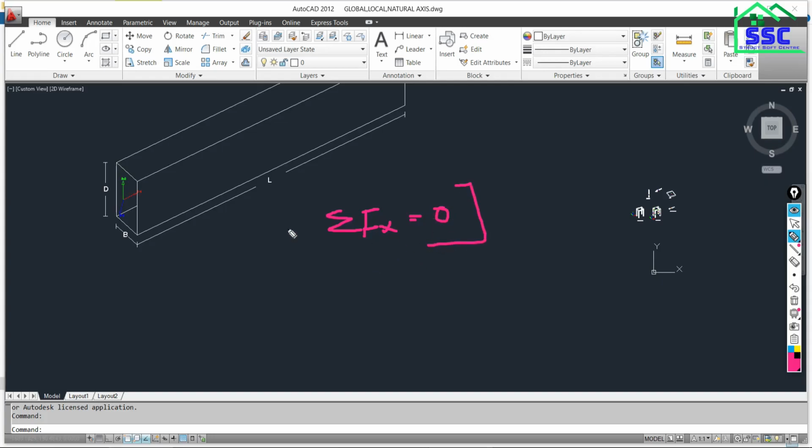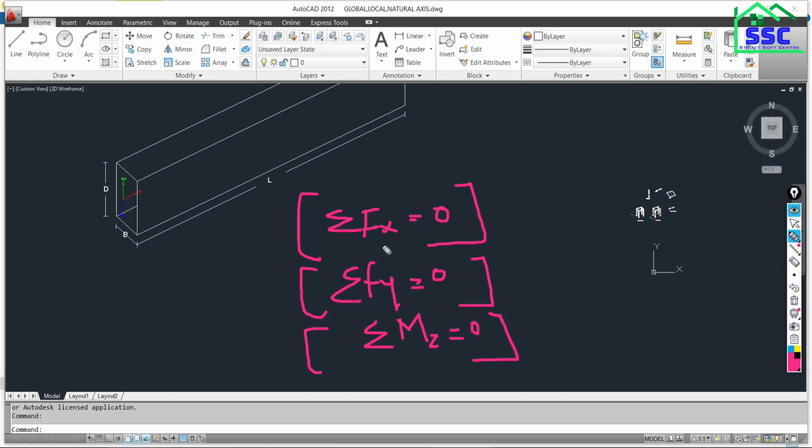That is the first equilibrium equation. Summation Fy is equal to 0, that means all the vertical forces. And the last one is the summation of moments about the third axis, out of plane, equal to 0. Am I right or wrong?